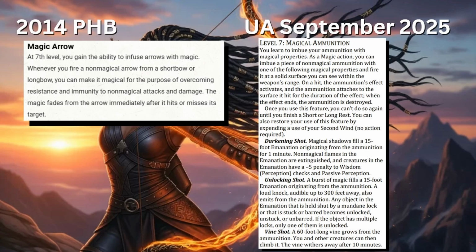And so here in the September UA, they brought it back, which is interesting, and they completely redesigned it. So now it takes a whole magic action. So this is basically like casting a spell, but with no spell components. And it allows you to create some spell-like effects. You get to choose one of 3 spell-like effects, and they call it magic ammunition, so a slight change to the name. I guess that's just to make this more agnostic for whether you're using a sling, a bow, or a crossbow,